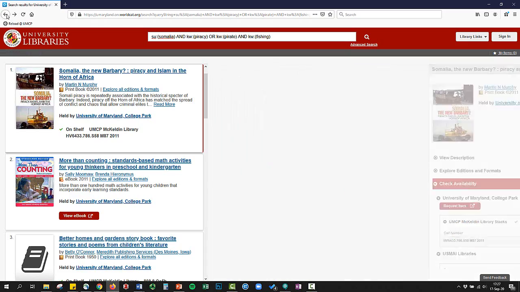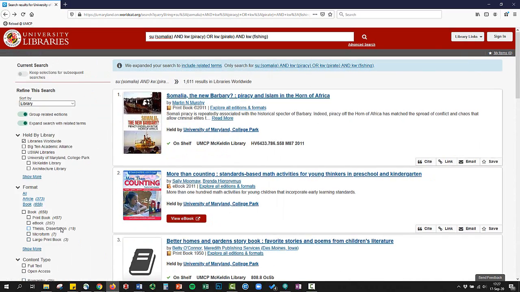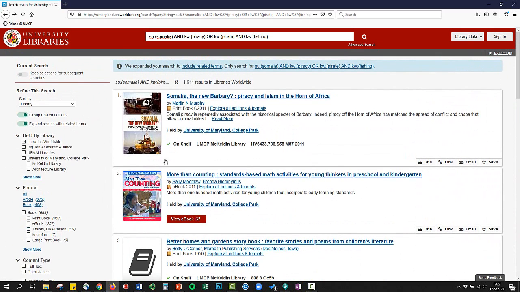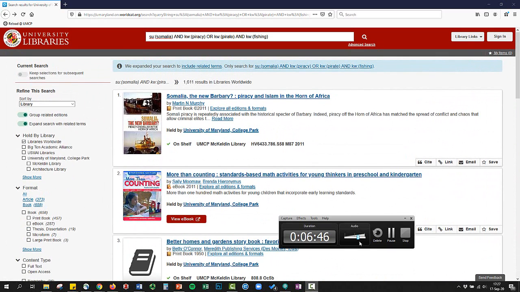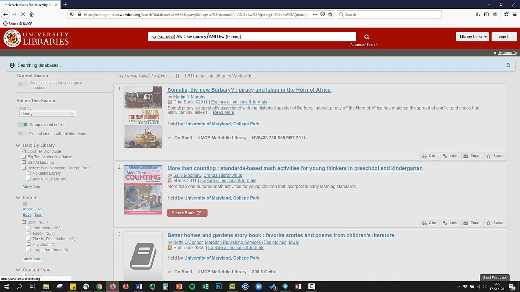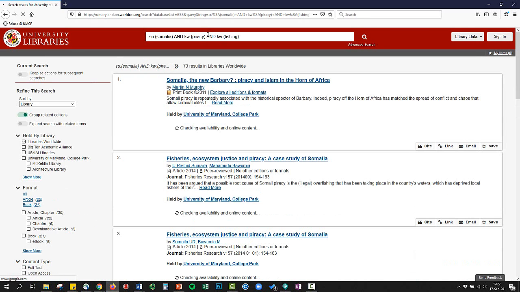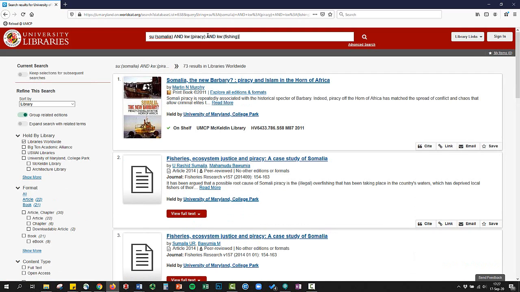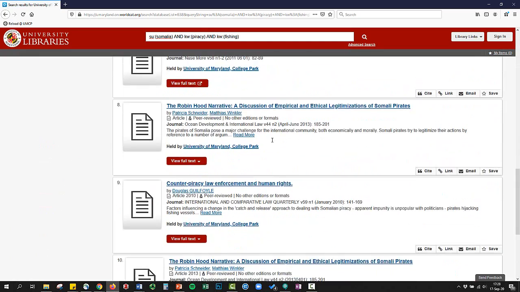Now, if I go back, I can narrow down to a number of things. I think one thing that's bothering me as I'm looking at these results is that I might want to take out this keyword of pirate. I'm going to try this again. Much better. For some reason, the term pirate, I guess, means more like little kids stuff. I don't know. Not entirely sure what that's about. But here we are. Now we're in much better